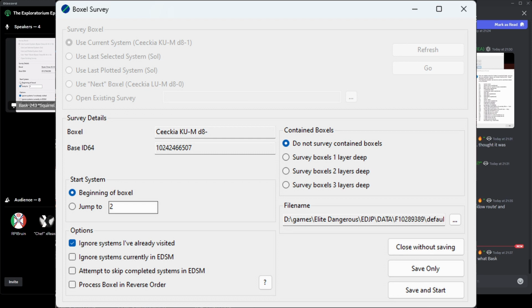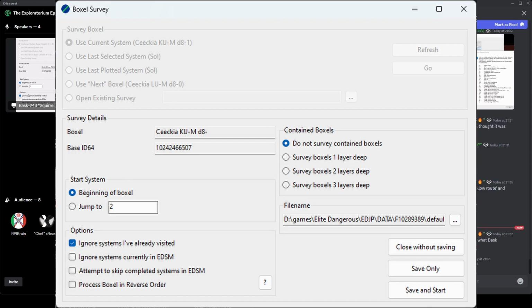And you could just keep pasting in GalMap and going. It's genius. And if you want to explore new stuff, you can ignore systems that you've already visited. If you're jumping to a system and you do not have the jump range, it'll route you through a system that is higher up the list. And if you've had that one, it'll ignore that and copy the next one if you get to that system. And you can also ignore systems currently in EDSM, which is handy if you think, hey,